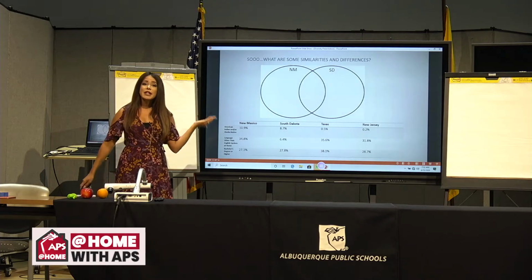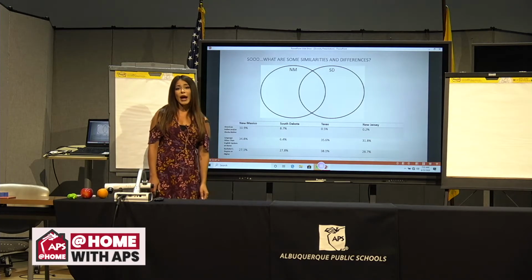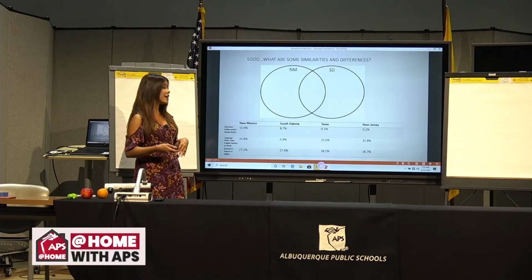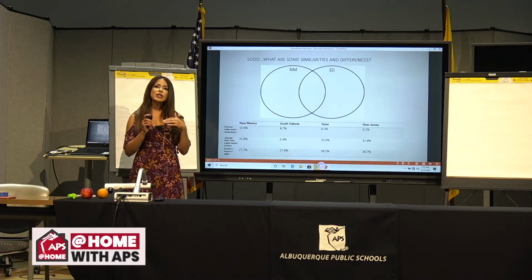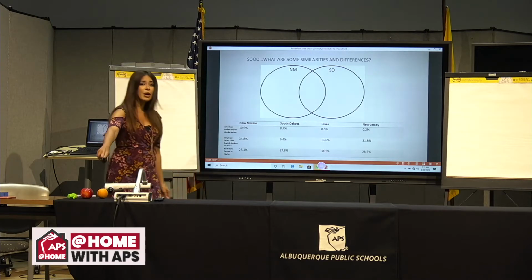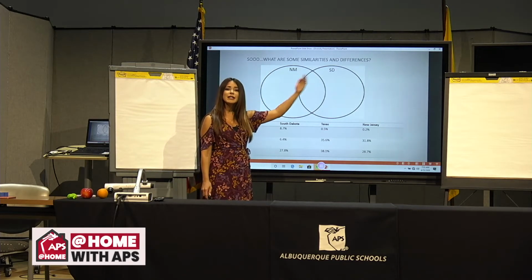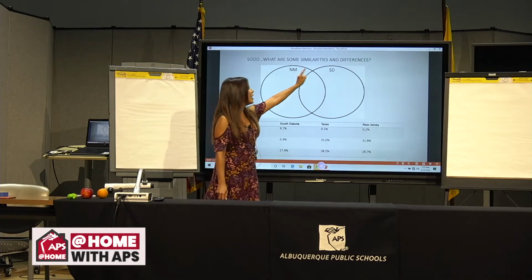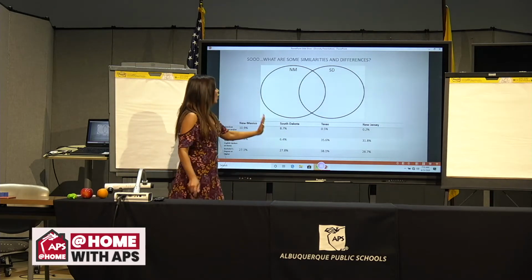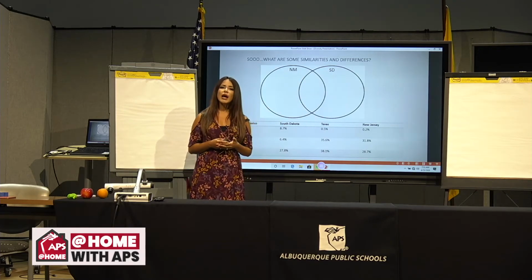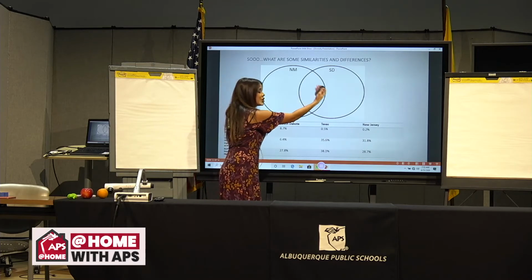Now, maybe you've seen something like this before in your classroom. When I compare and contrast information, I like to use a diagram, and it's called a Venn diagram. It's a type of graphic organizer. So we're going to put information that we'll compare and contrast about 2 things. Just like I compared and contrasted this apple and orange, we're going to compare and contrast New Mexico and South Dakota. NM for New Mexico, SD for South Dakota. So when we compare, it's the same, and you put that information in the middle. When we contrast, it's different, and you put that information on the sides.